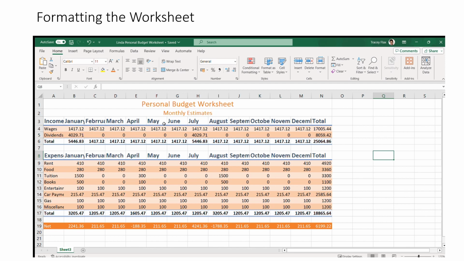Just that move of putting the different colors for the different rows helps you to be able to identify what's rent from food, what's food from tuition, what's books from entertainment. So now you get an idea of the reason why you need to format worksheets, right? And format them in a smart way, in a way that makes sense, so that the reader can quickly process the information. Okay, so now that we have that done, what else do we need to